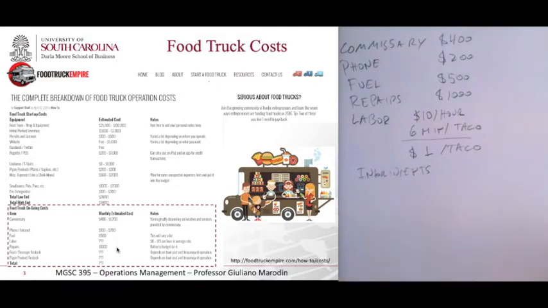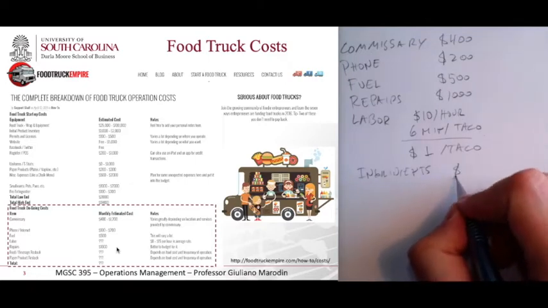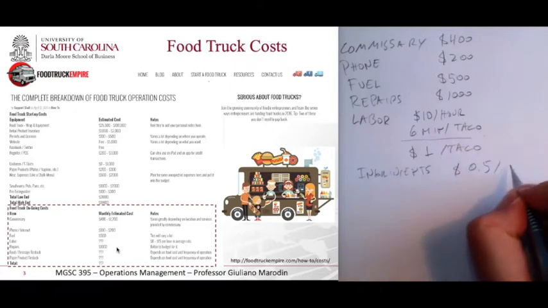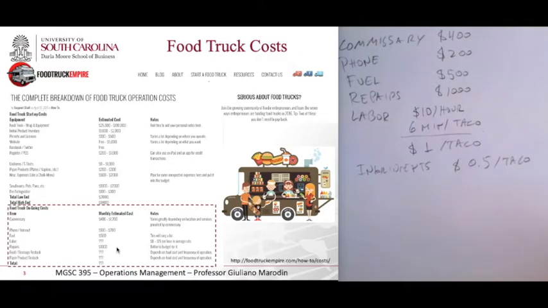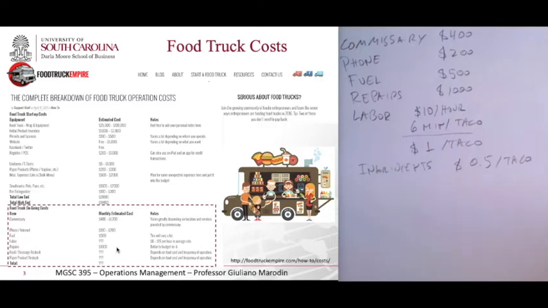How much do you think it will cost? Let's say for what goes in the taco: tortillas, meat, cheese. Yeah, we can never forget the cheese. Lettuce, tomato, and so on. Let's say it costs 50 cents per taco, because we're smart and we're going to buy in big bulk. We're going to go to Sam's Club or something like that. So looking at these costs, let's say which is fixed cost and which is variable cost.